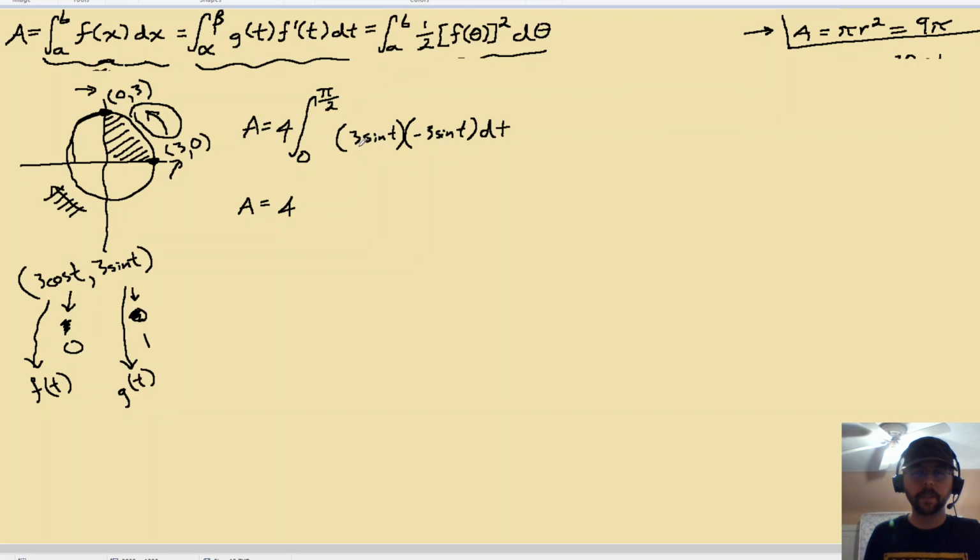So we multiply 3 times negative 3, we get negative 9, we bring that to the outside. So actually we're going to end up with negative 36 times the integral from 0 to pi over 2 of sine squared t